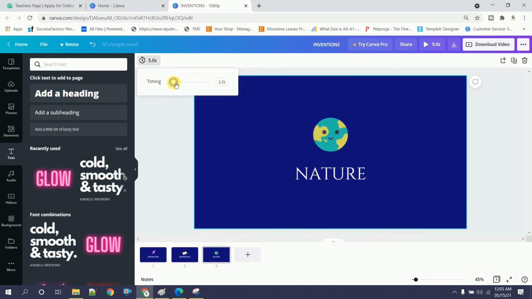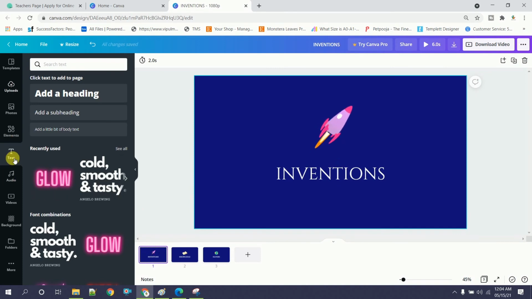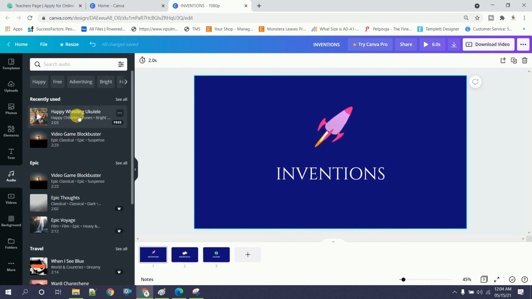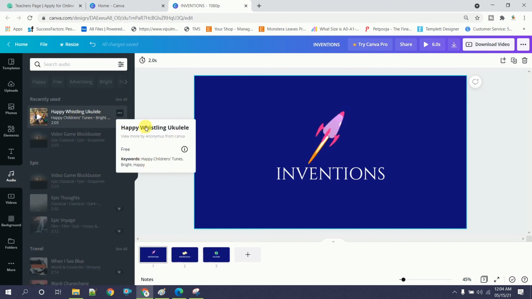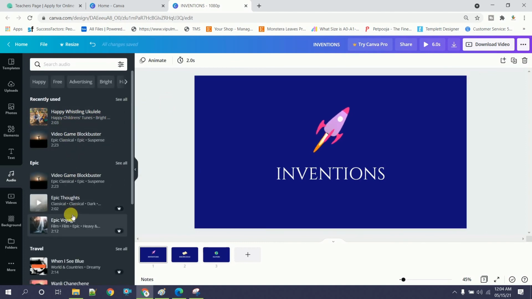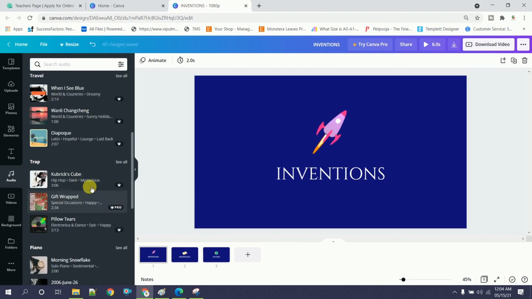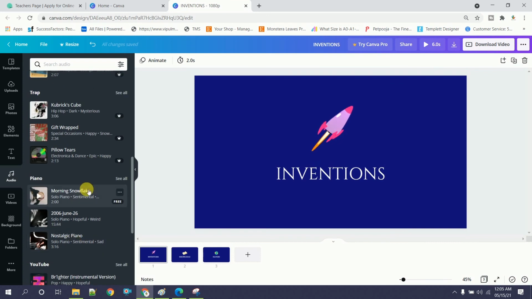Yeah, like this. Now the entire design is ready. You can see the design is of 6 seconds. Now we will add an audio to this video, and on the left panel you can see the audio option. You have to navigate over there, and here you can see various audios. Some are free and some are for pro accounts. So we'll choose any free one, and for the paid ones, it's almost 275 per audio. That is not worth it right now, so we'll go with a free one.